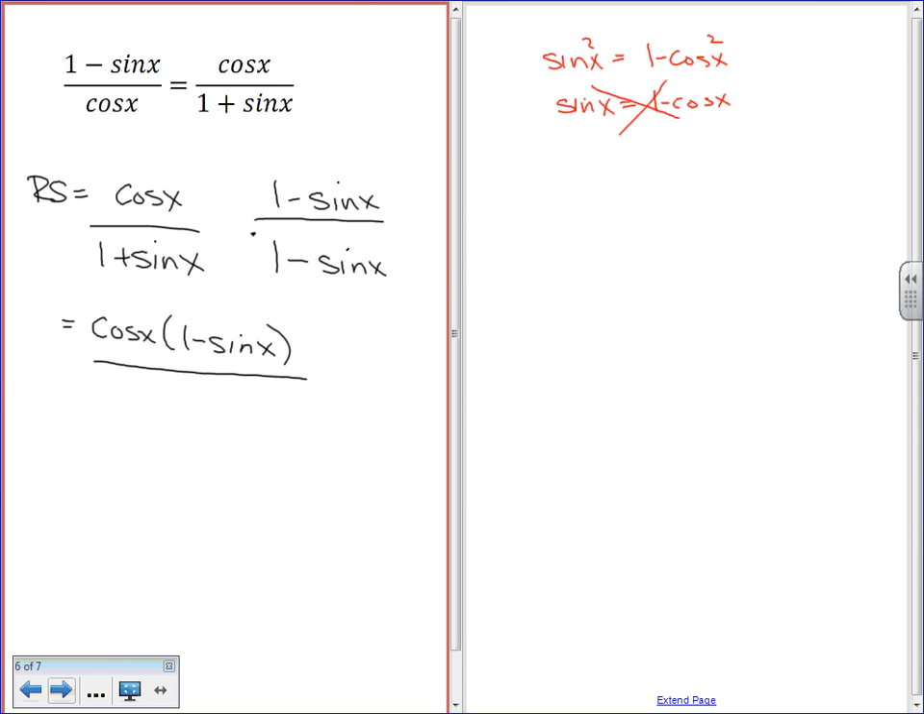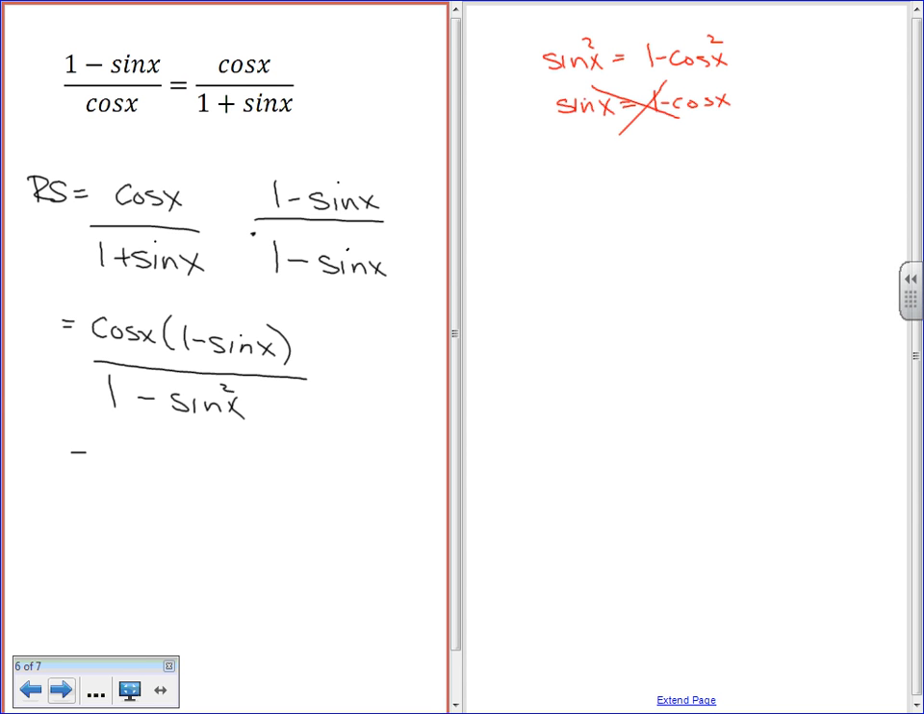would cancel out. 1 times 1 is 1. 1 times negative sine x is negative sine x. Negative sine x times 1 is positive sine x. They cancel out. And sine x times negative sine x is negative sine squared x. But if you do that, right, if you ever multiply by the conjugate, now you're going to end up with